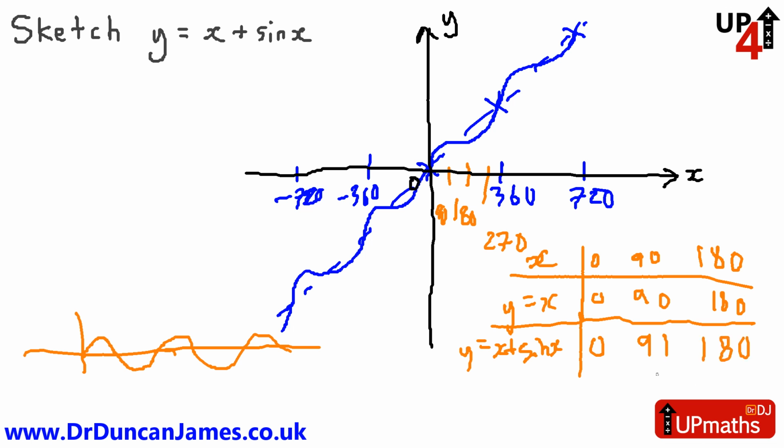So you can see that it's just gone up slightly, and then it's dropped back down and got back to 0, and then it's back to being on the line y equals x. So maybe that will help you get a sense that it's continually just going up and down compared to the line y equals x. And you could just keep drawing points along here, and it would help get the bigger